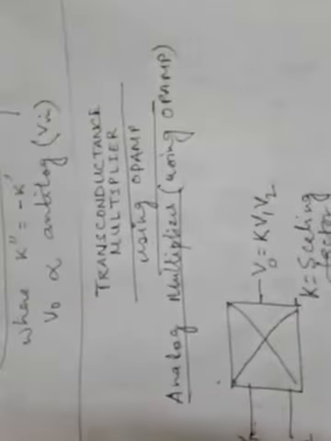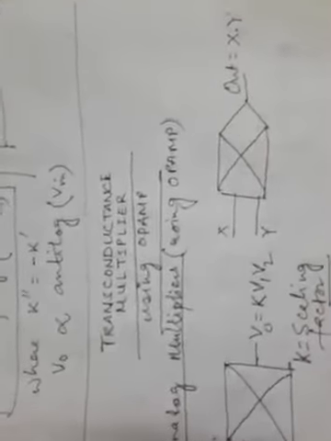It is something related to gain, and there is an alternative symbolic representation of analog multiplier. It is like this. Now these two are the two inputs. Suppose this is X and this is Y, then the output is shown like this. It is output which is X into Y. This is another symbolic representation.